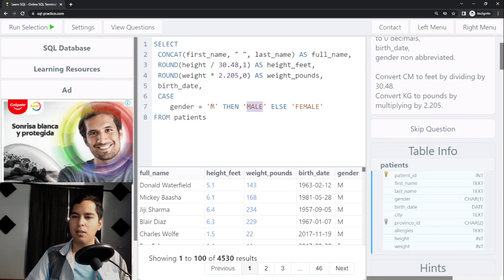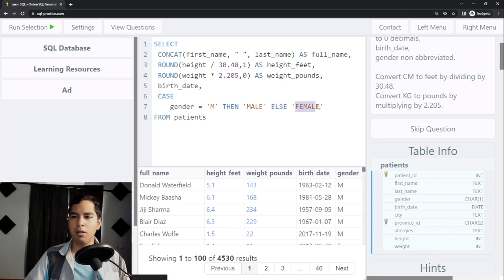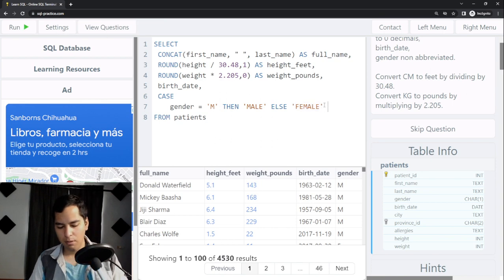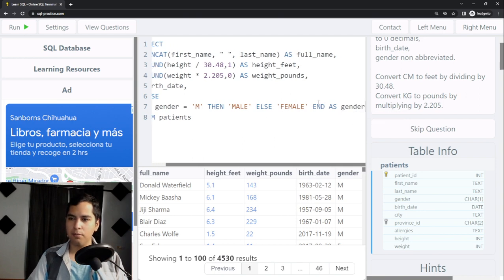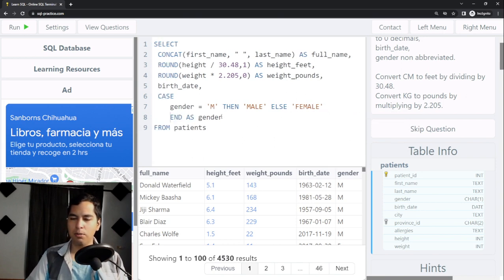So in this case, if in the gender column we have M as a value, then replace it with male. If there is another value, replace it with female. We can end this case as gender. I'm going to do this, and